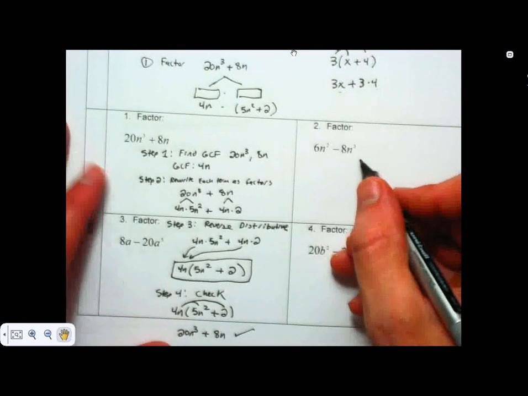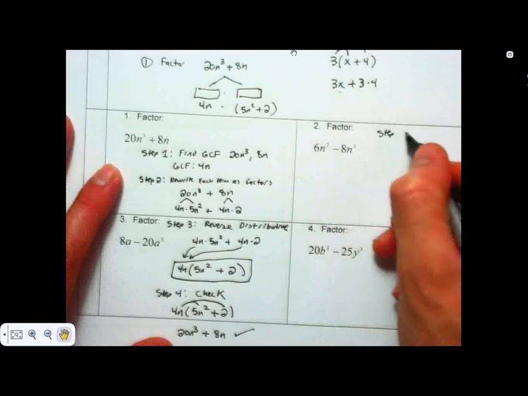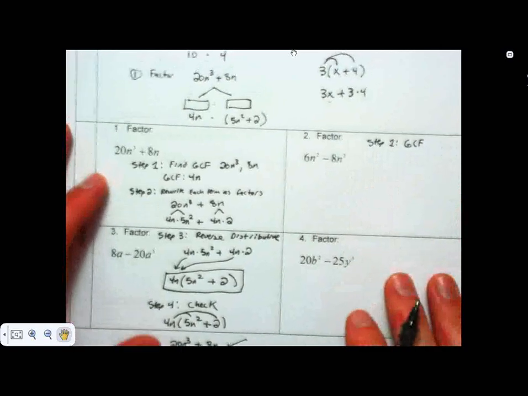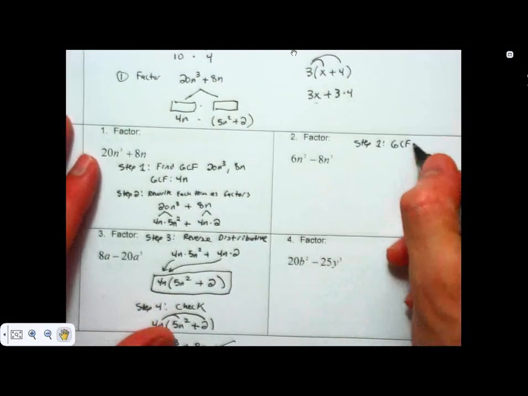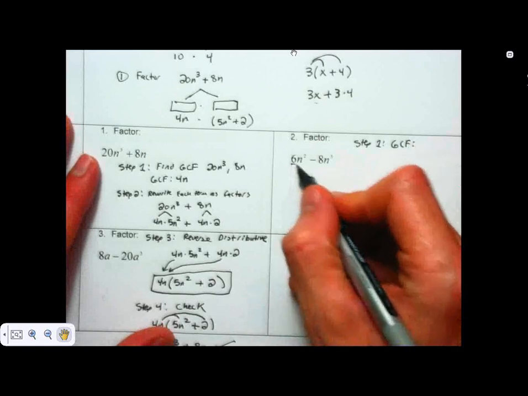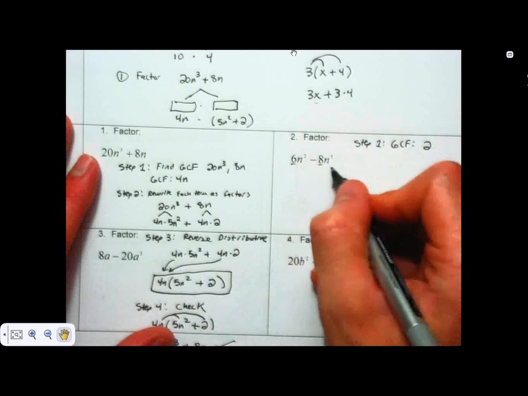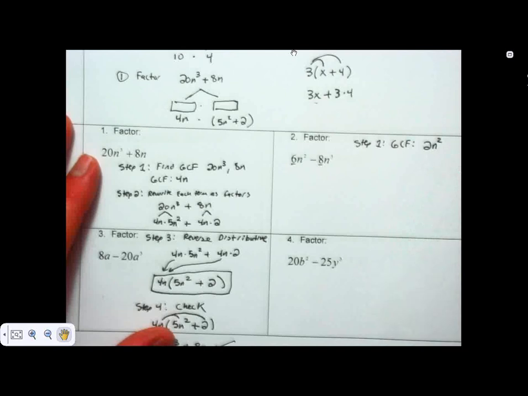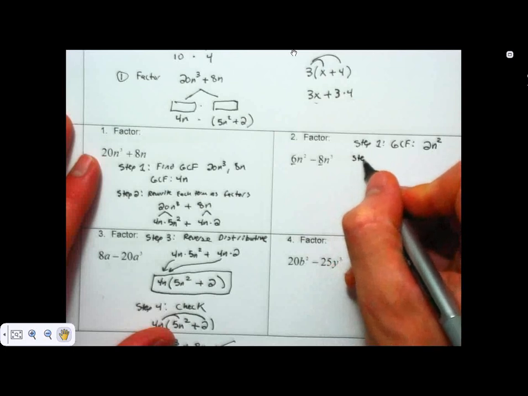So number 2, again, the first step is to find the GCF. And in this case, the GCF between 6n squared and 8n to the third, well, the largest number that goes into 6 and 8 is 2. And then we take the lesser of the factors of each variable, so that'll give me 2n squared. Okay, then step 2 is I write each